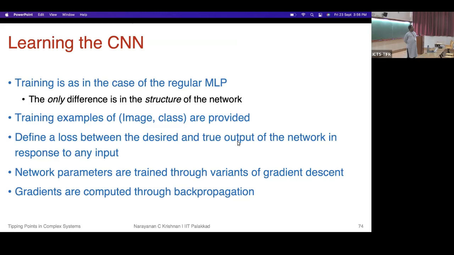How do you learn a CNN? I'm giving a very high-level bird's eye picture of a CNN. How do you learn a CNN? The training is as in the case of regular ML, right? All you have to do is compute the gradients. But there is something very interesting happening here, right? The gradient with respect to one weight in the convolution filter. So if I go back,